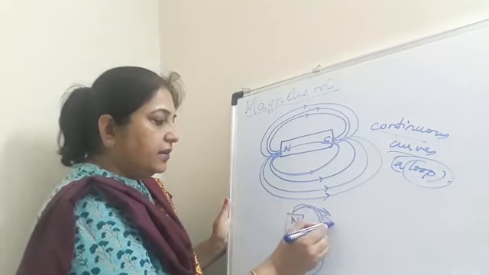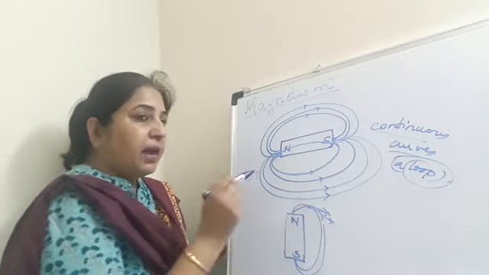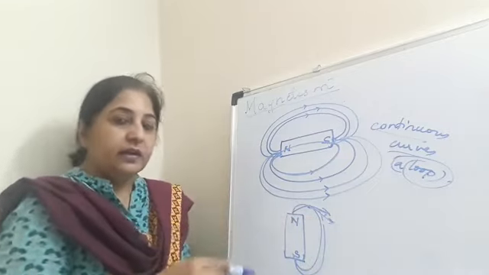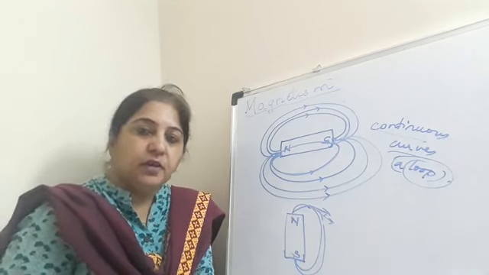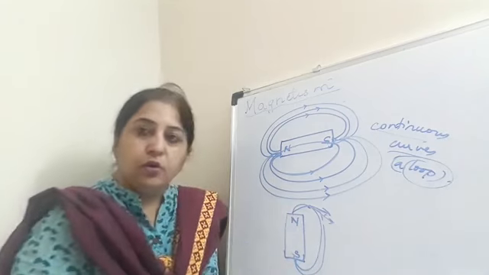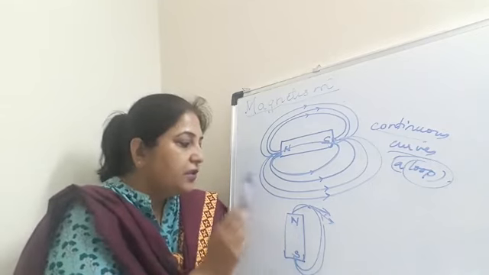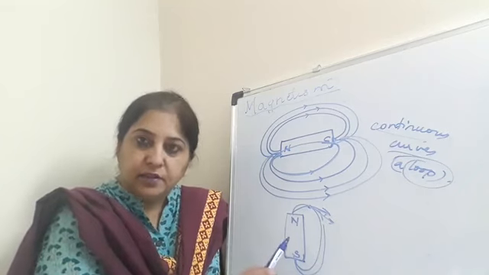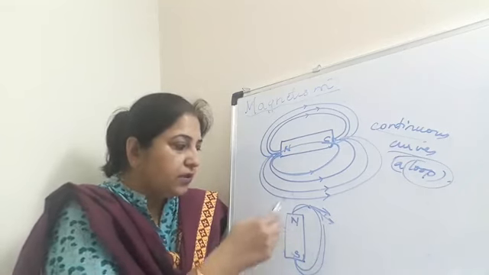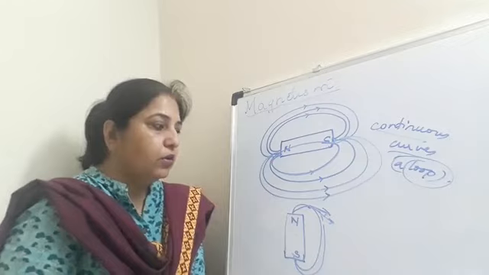Here and here. Now any magnetic field around a magnet cannot have two directions. It can only have one direction. Therefore, our assumption is wrong. Hence, we can say that no two magnetic lines of force intersect each other. Okay, so you can go through this once again. It is given in your book also.